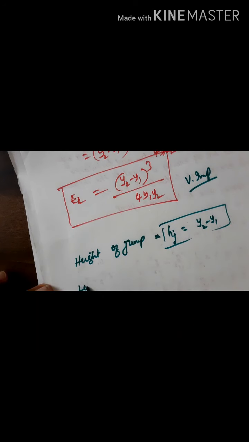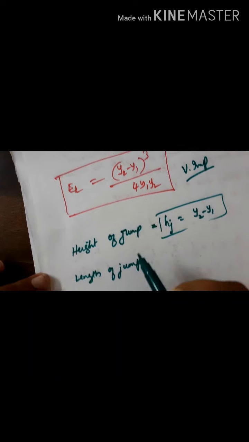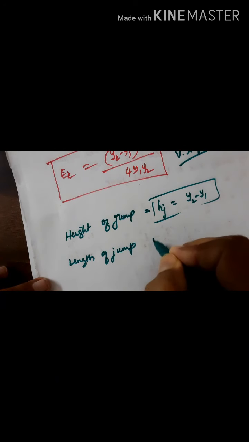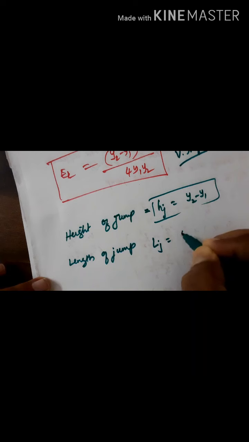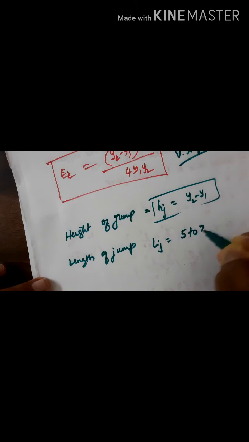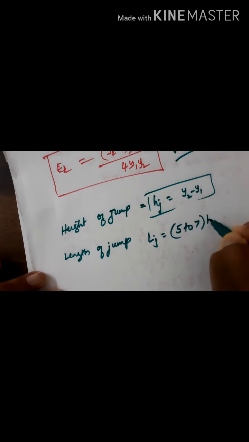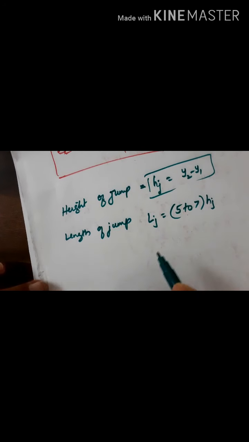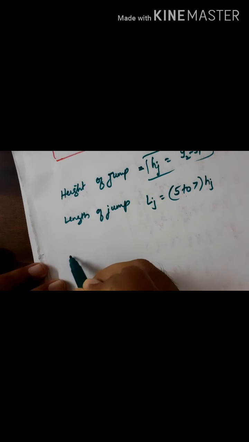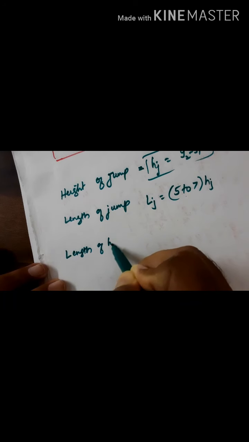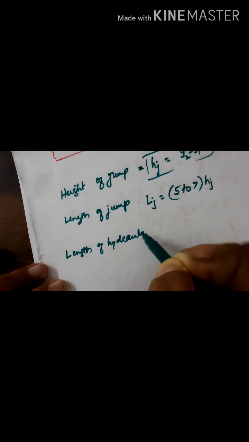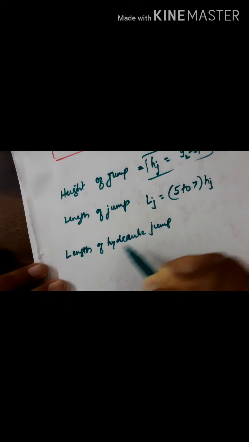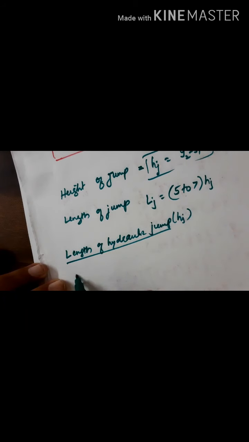Then what is the length of jump? Length of jump. Then the length of hydraulic jump, LJ, will be taken generally 5 to 7 times of height of jump. This is a thumb rule. So the length of hydraulic jump, if you define, which is defined as